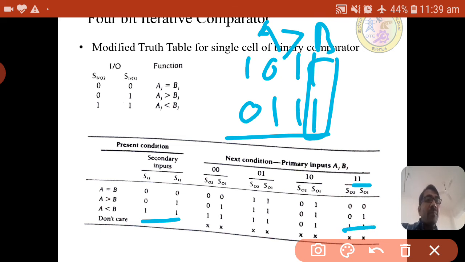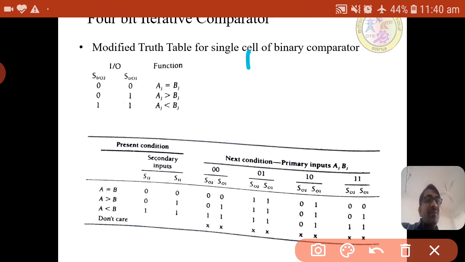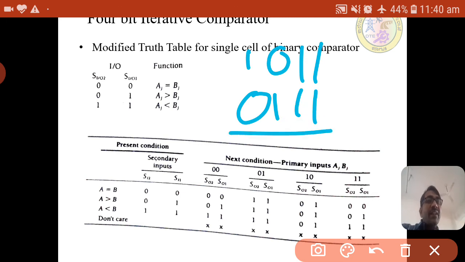Let us take the secondary input present as 0 0 for the first cell, and the input pair is 1 1.